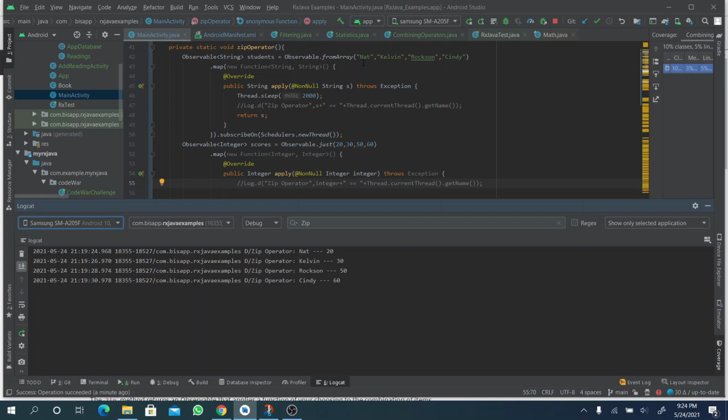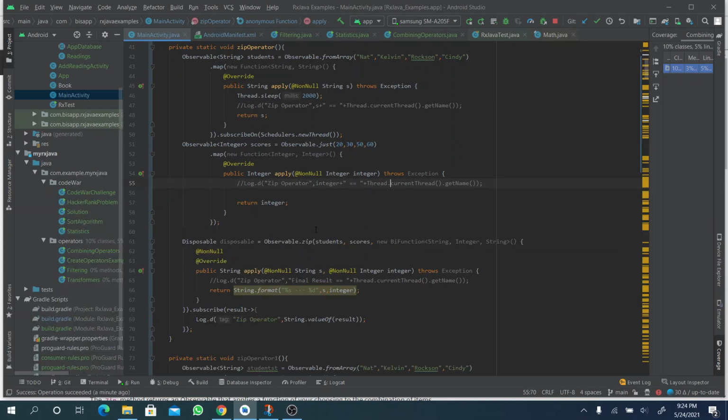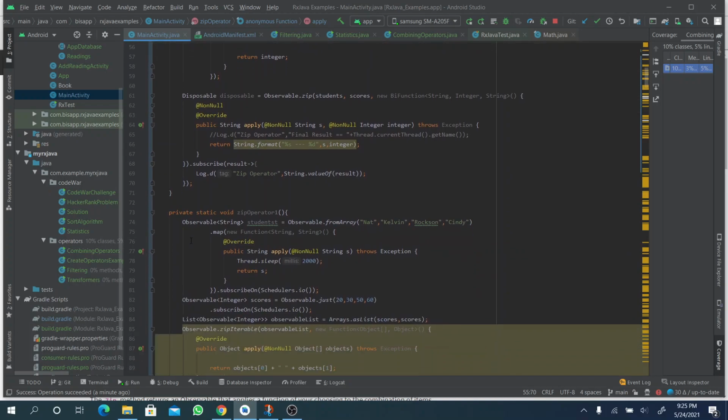And the second important thing I could also get from this operator is that it can take a number of observables to be emitted, I mean to be joined, as compared to some of the combining operators. We will come back to it in my subsequent tutorials. Look forward to that. So what I mean is, we could have something like